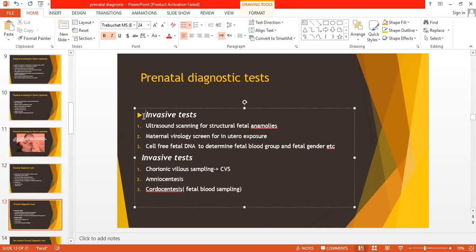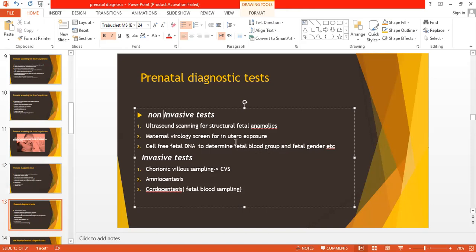right, and this one is non-invasive. The non-invasive diagnostic tests are ultrasound scanning for structural fetal anomalies. You diagnose certain structural fetal anomalies on ultrasound. Then there will be maternal virology screen for in utero exposure of the fetus. ठीक है, इससे डायग्नोज हो जाता है कि बेबी को कोई वायरल इन्फेक्शन तो नहीं हुई। सेल फ्री फीटल डीएनए टू डिटरमिन फीटल ब्लड ग्रुप एंड फीटल जेंडर एटसेट्रा।